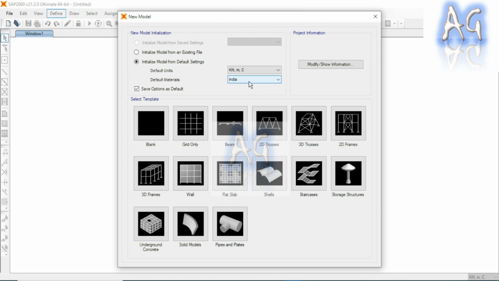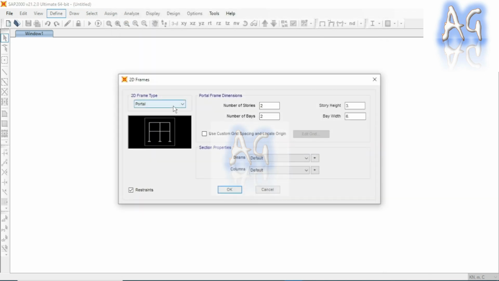If you use an older SAP2000 version, you may not see this option, but in newer versions it is available. So here I'm going to select the 2D frame template, since we are going to model a 2D frame. So click on this. Here I'm going to keep the 2D frame type as portal, since we don't have any bracing system in this model. And now in portal frame dimension, I'm going to click on this use custom grid spacing checkbox,